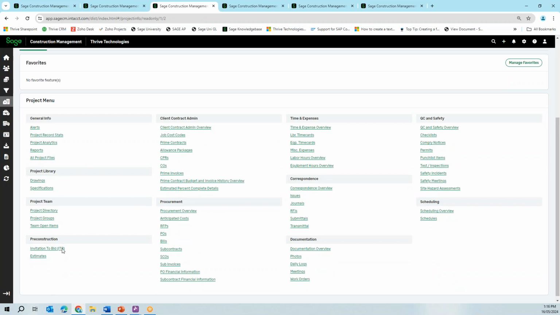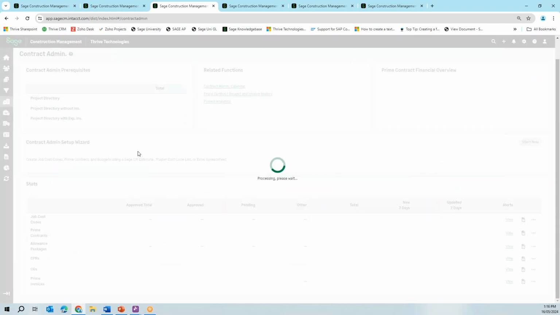Our pre-construction, we covered the ITB earlier in our leads, but we can look at it here in our project, along with our estimates. We have our client contract admin. Here we can look at job cost codes, prime contracts, allowance packages, CPRs, prime invoices, and the lot. We can look at it as an overview,